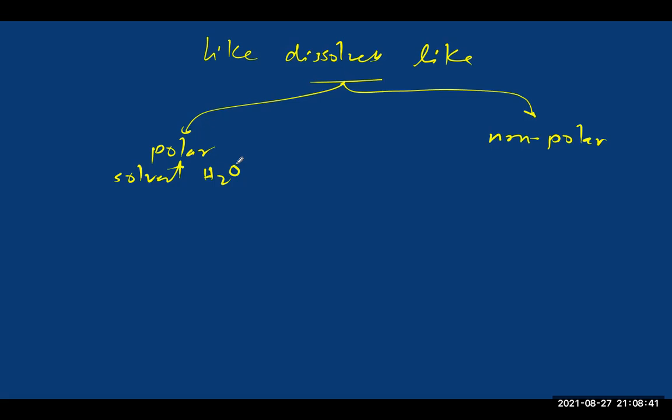So what do we mean by polar solvent? H2O is a polar molecule. It means that it has two charges, negative and positive, and each molecule can have these two charges if it's a covalent one, and it has a difference in the electronegativity between the atoms inside it, and of course it can be determined by the electronegativity difference and Lewis structure. So we have a difference in the electronegativity, and according to this Lewis structure, which is bent, the whole molecule will be a polar molecule. So this one has two charges, negative and positive. So it can attract any molecule that has the same charges, positive and negative, because we will have an attraction